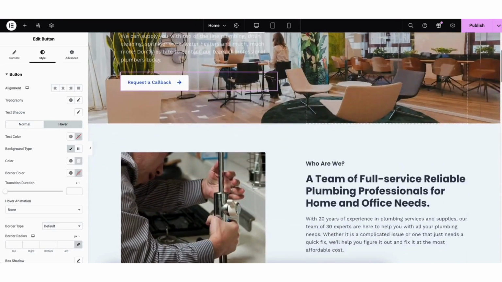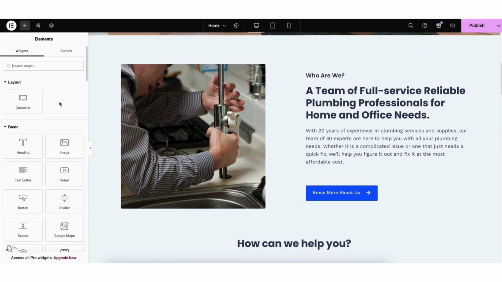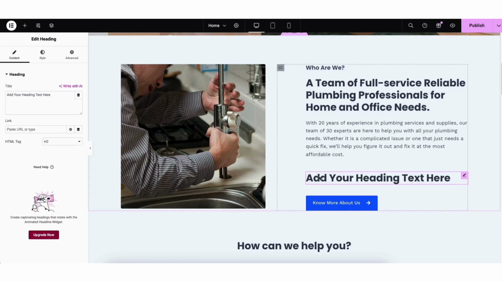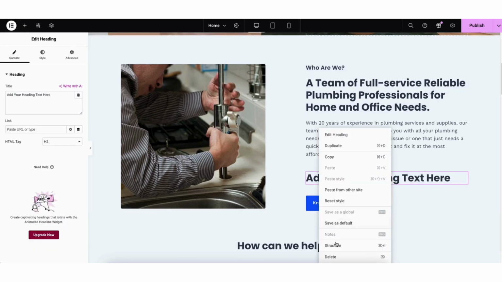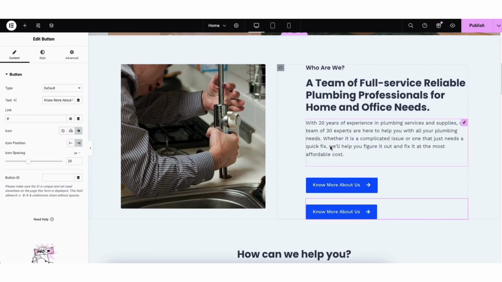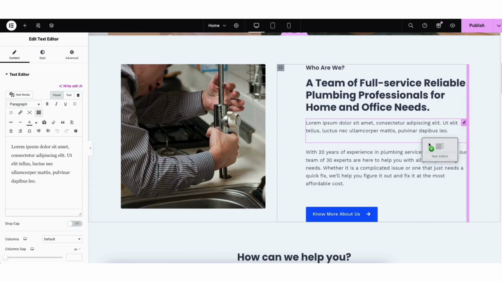I'll scroll down a bit on the page. If you click the plus icon at the top where it says add element, this is where you can get back to where you can drag stuff into the page. You can select what you want over on the left and drag it in wherever you'd like it. If you right click on an area, you can delete it if you don't want it. By right clicking, you can duplicate something if you need to duplicate it. You can drag something over to somewhere else on the page by selecting it and dragging it over to where you want it.